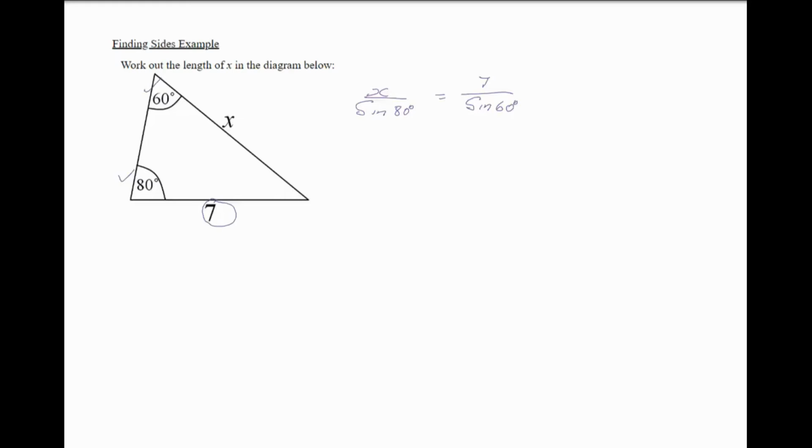Then we're going to proceed to solve that equation. We're going to isolate x. So we're going to multiply both sides by sine of 80, and we get 7 times sine 80 over the sine of 60. Now we're going to use our calculator to evaluate what sine 60 is and sine 80. So we get 7 times